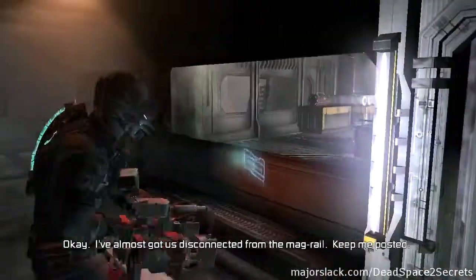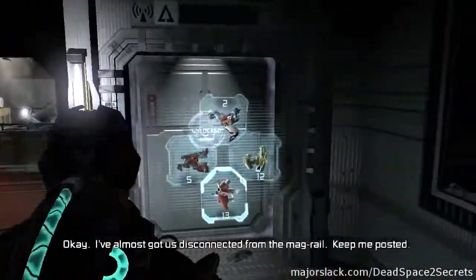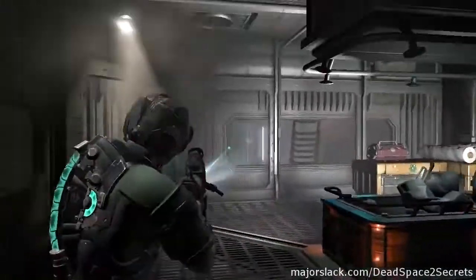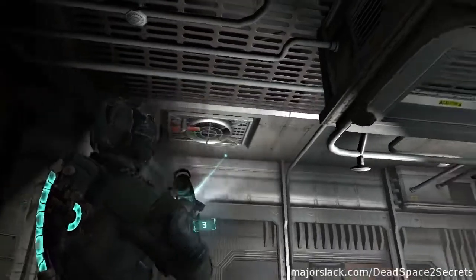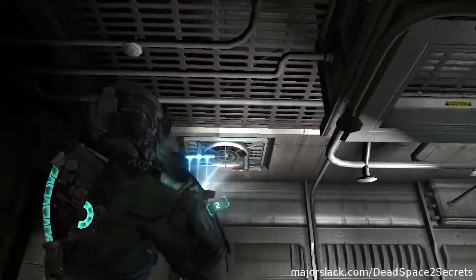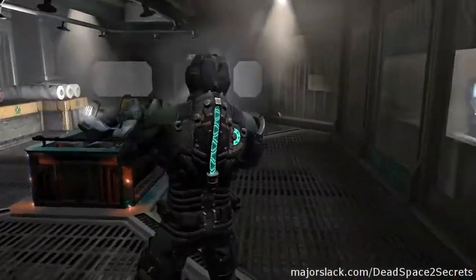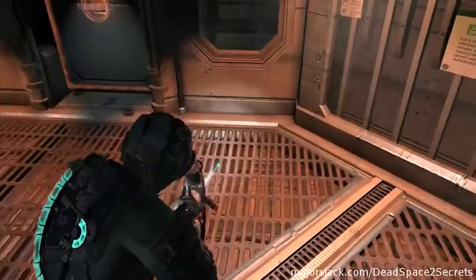So here we are at the Decontamination Room. Best place to have the detonator. What I usually do is lay 3 detonators in this ceiling vent right there, because that's one of the spawn points for the Pukers and the Slashers. And then I like to lay a couple of det mines in the opposite windows, because the Claw